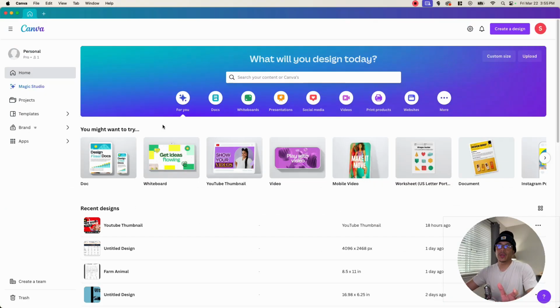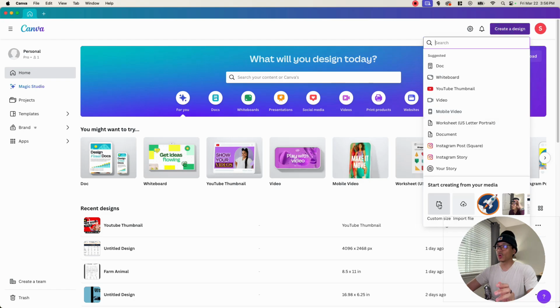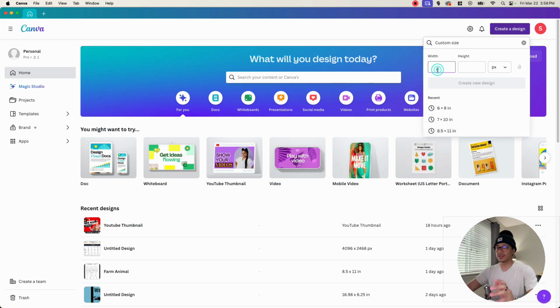So in order to create these types of pages, you can use your choice of program. You can do this on Illustrator, you can do this on Photoshop. But today I'm going to show you how to do it on Canva, because on Canva, you can open an account for free. So virtually anyone can do this. And so you just want to make sure that your design is set at the typical 8.5 by 11 size